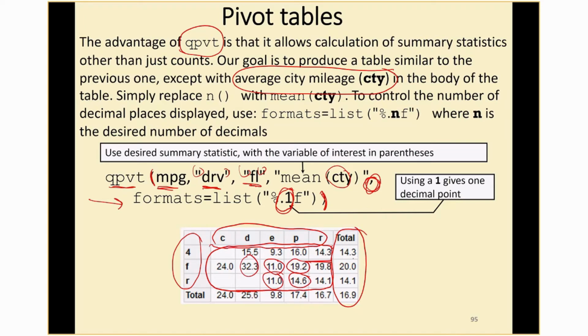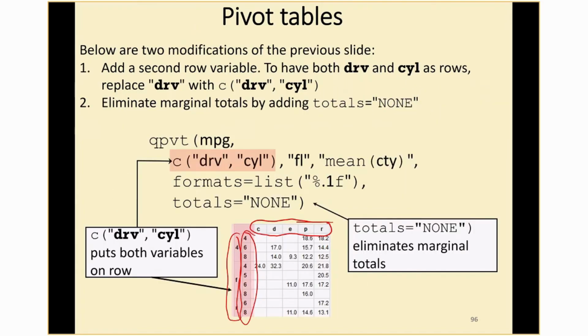They're just the averages of whatever is going to be in this row. So the 14.3 would be the average of the 14.3, the 16.0, 9.3, and the 15.5. So what we're going to see in this example is the elimination of what are known as marginal totals if you don't want them. So the code to do that